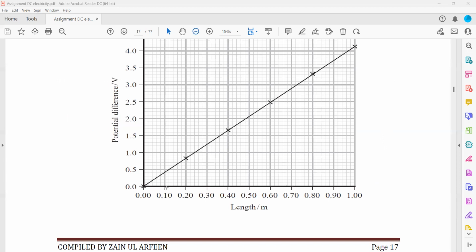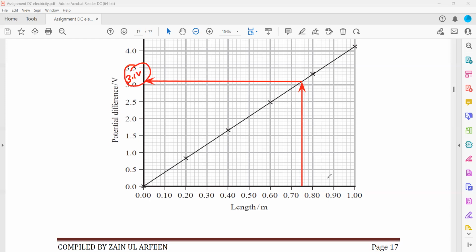So 10 boxes are equal to 0.2, so each box is 0.02. So 0.72, 0.74, 0.76. In between them will be 0.75. So we'll draw a line and work out the voltage. So 10 boxes equals 1, so each box is 0.1. So this is 3.1